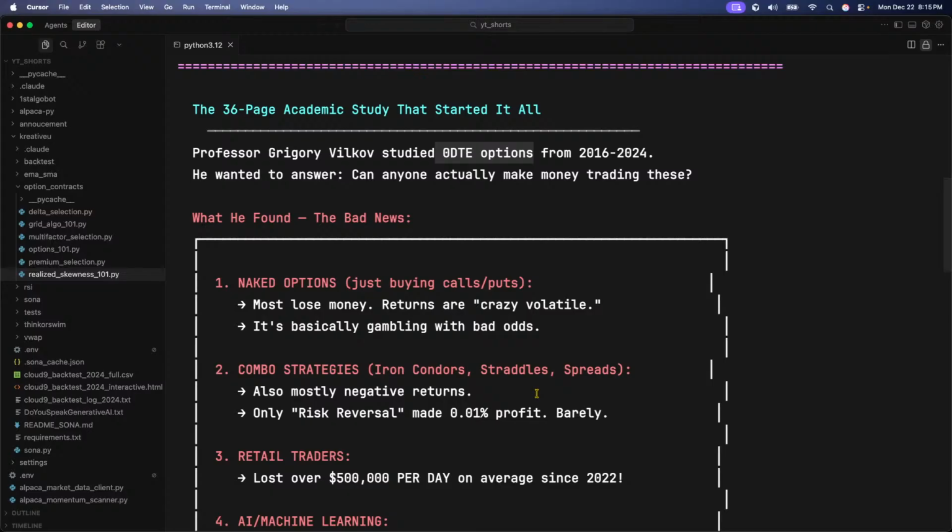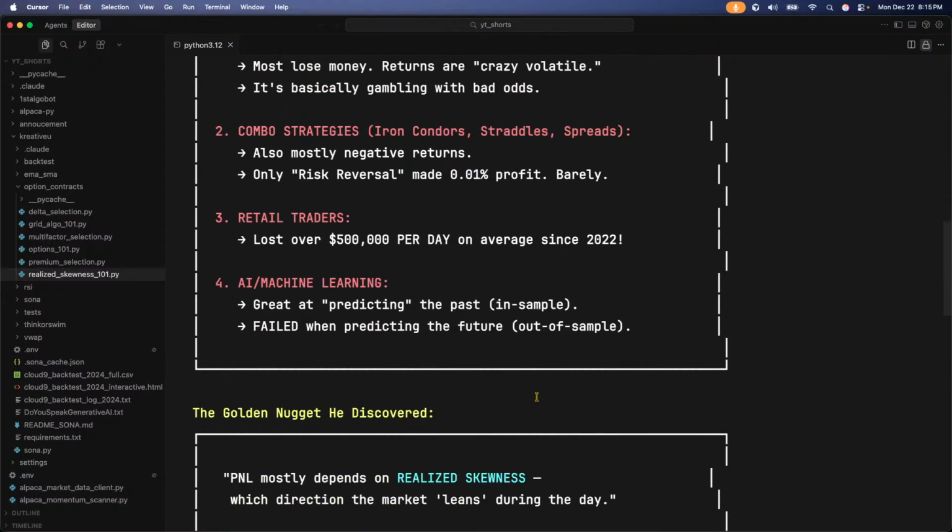Now, I'm not saying that it's removing all of the risk, right? Anybody who promises to remove any risk will run away, and run away quickly, right? But what I am saying is that this allows us to hedge it a little bit better, right? All right, excuse me. AI and machine learning are great at predicting the past, in sample, but fail at predicting the future, out